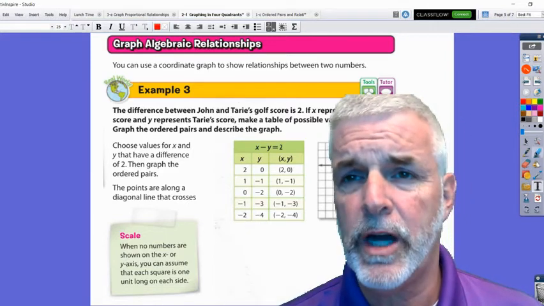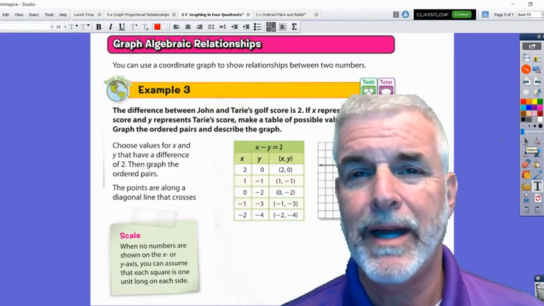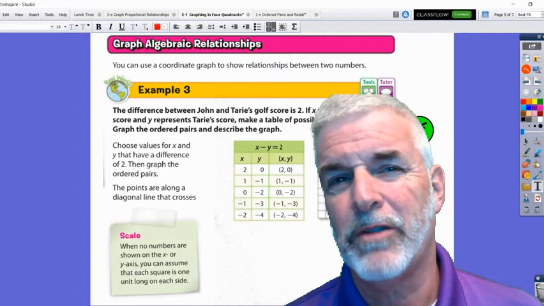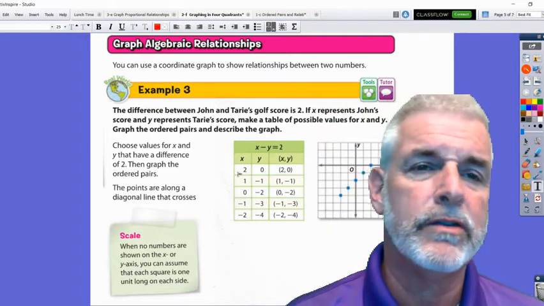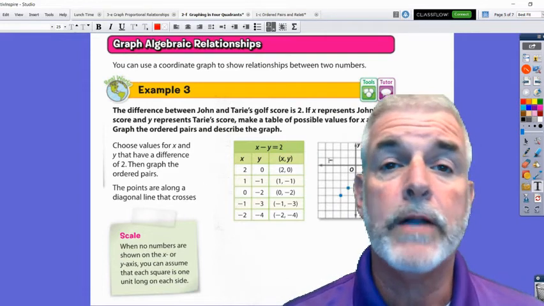The reason I put a Mr. Yuck here is because real world graphs ought to have labels on them. Okay, the real reason this is a Mr. Yuck is this is not really a real world graph. Okay, it's more of an algebraic exercise, which is okay. All right, so